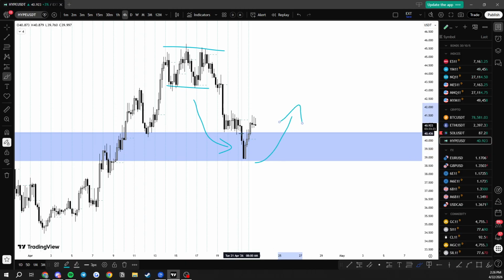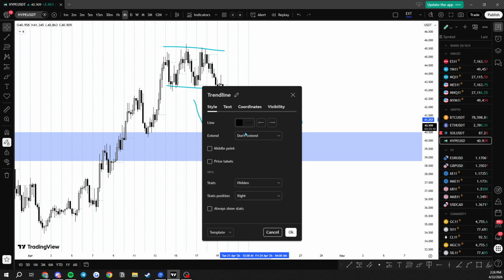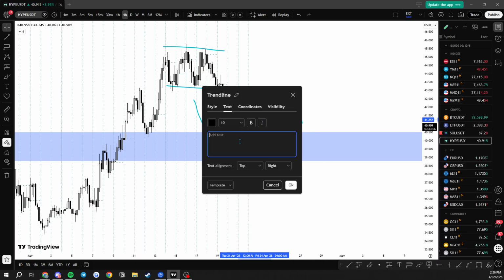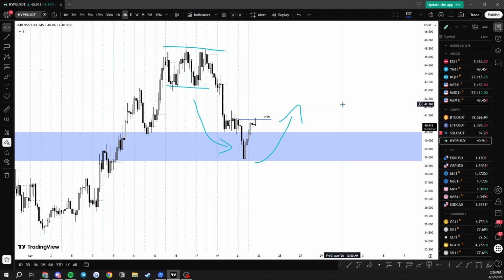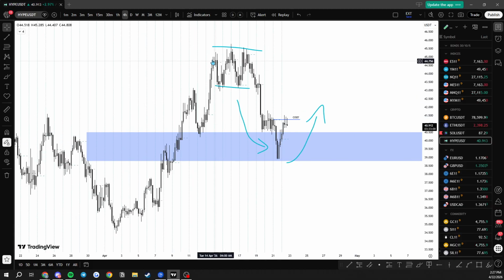And we just got the inversions. We're just short of a change in state of delivery here. If you're looking to trade candle two, probably hopping in either off of that inversion, which is already passed, or this change in state of delivery is probably going to be the move for hype. So keep an eye for that. It's a potentially really good market maker model